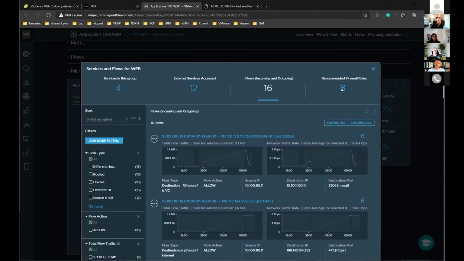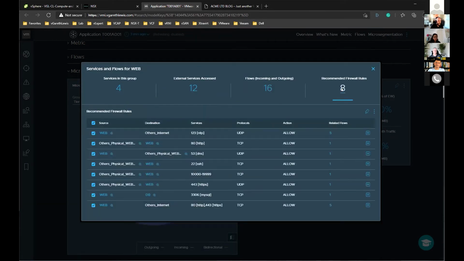And as I mentioned in an earlier slide, we're given the recommended firewall rules. Okay. Now, again, recommended, is that the right word? It could be misconstrued slightly. You know, we don't take these as valid instantly, and we certainly won't be creating the distributed firewalls based on these. So really what we're going to take from this is, okay, we need to allow